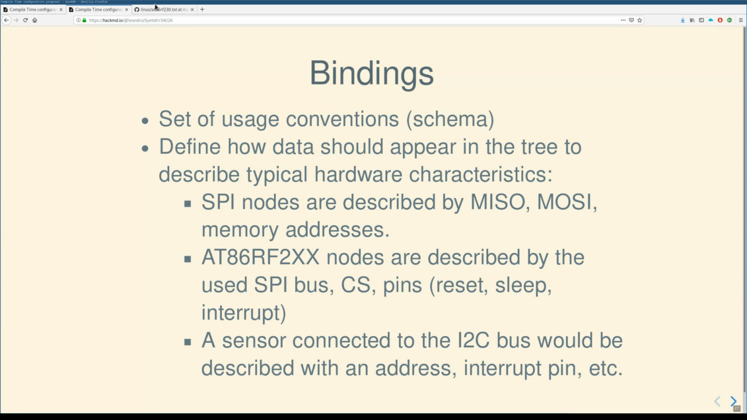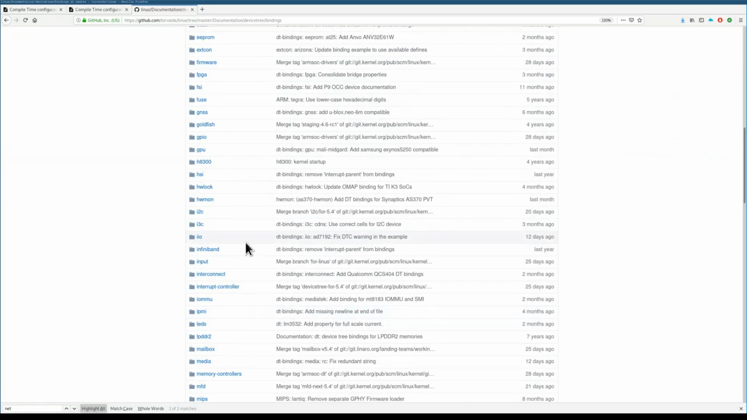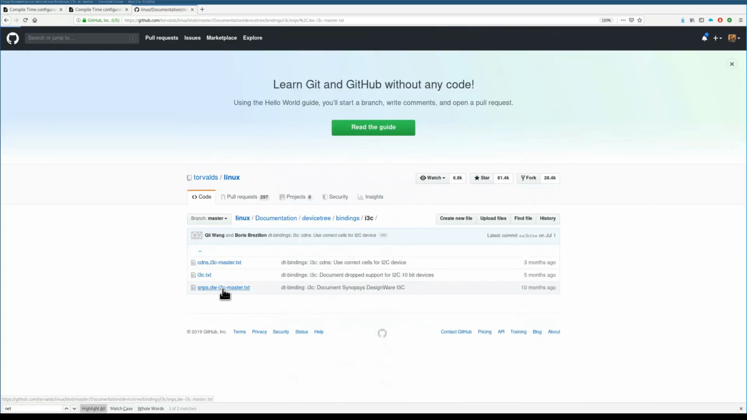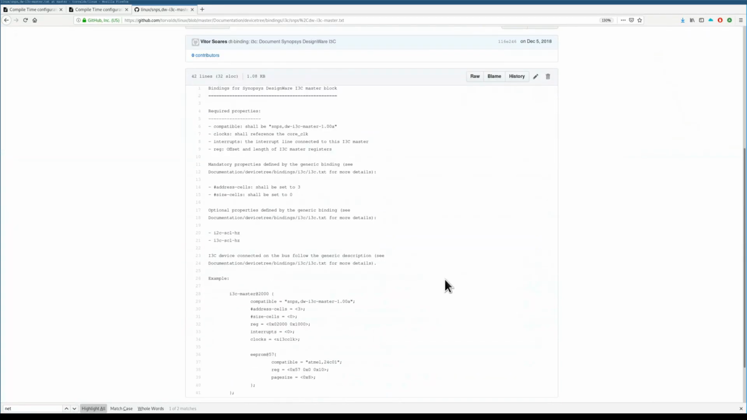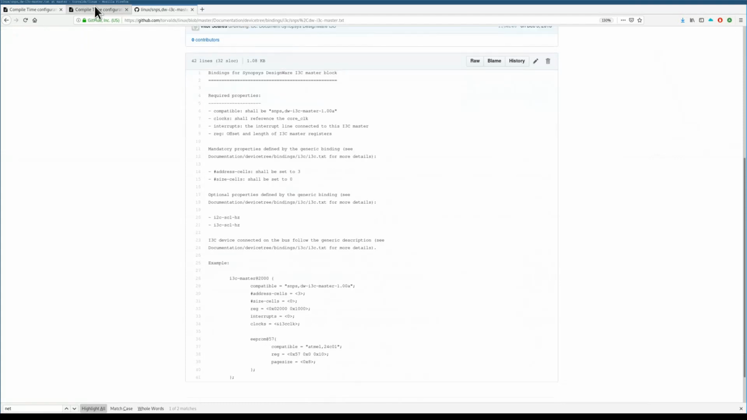Basically, on Linux, what they do is to have these documentation files. For instance, this is the binding for the AT86RF230 radio. They explain the required properties, but this is only a convention that says if you want to write the device tree for this device, you would do this. And here they have bindings for all the components. And for instance, if I open just one randomly, yeah, they describe just with documentation, which of course is nice,